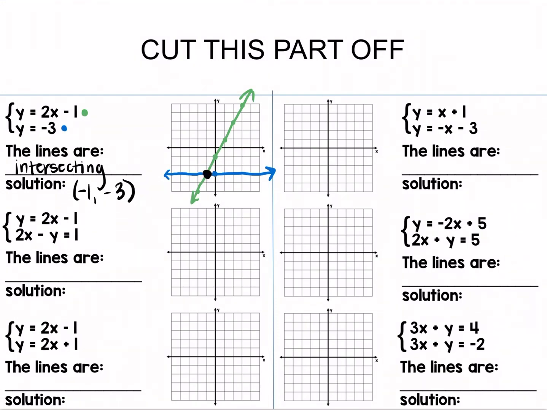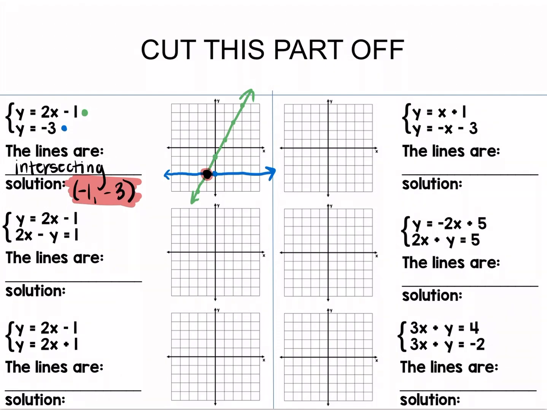That is where they intersect. So where the lines intersect, that is your solution. If they only intersect once, it's considered consistent because there is a solution, and independent because it is one solution. Okay, so now let's go over to the one right next to it, y equals x plus 1 and